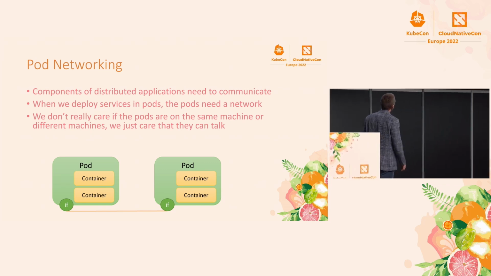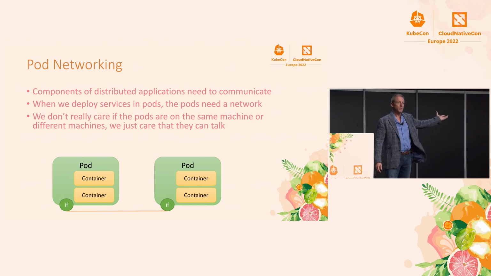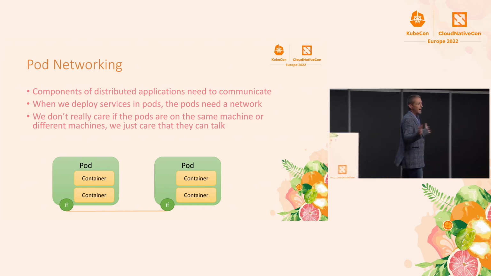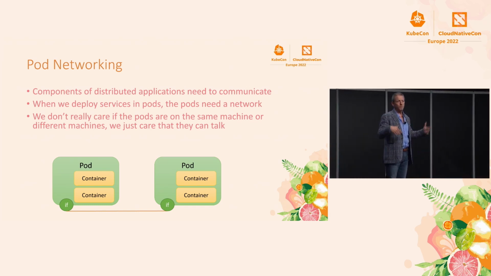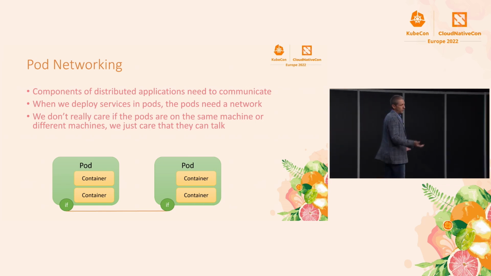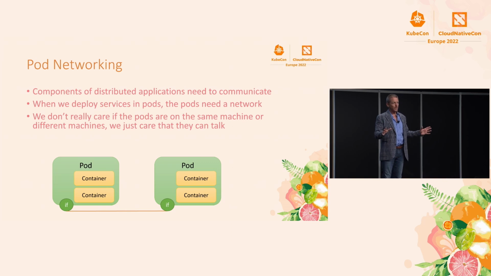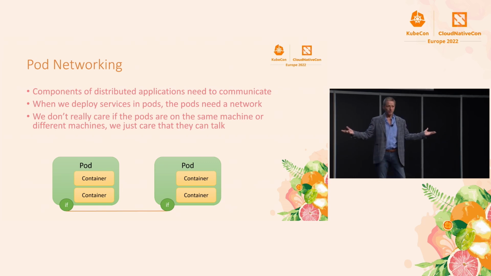Interestingly enough, the pods need to be able to communicate with each other. That's what Kubernetes says. All pods in a Kubernetes cluster must be able to communicate with each other. Right? Now, the world's changing. There's lots of exceptions to the rule. But as far as your basic network requirements for Kubernetes to function the way that it's supposed to, all the pods have to be able to talk to each other.